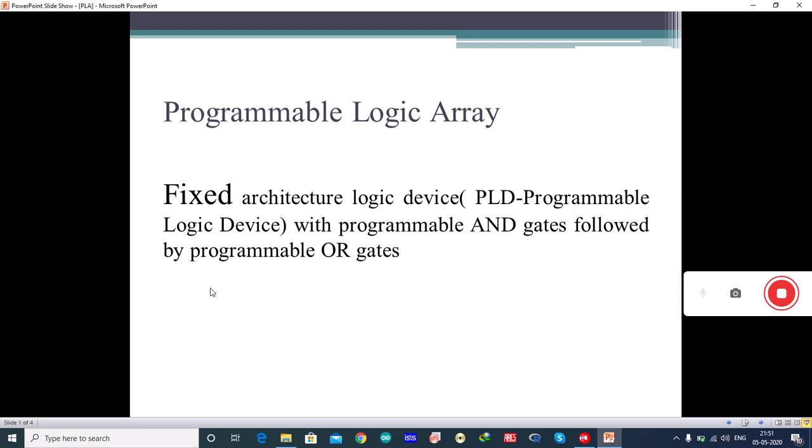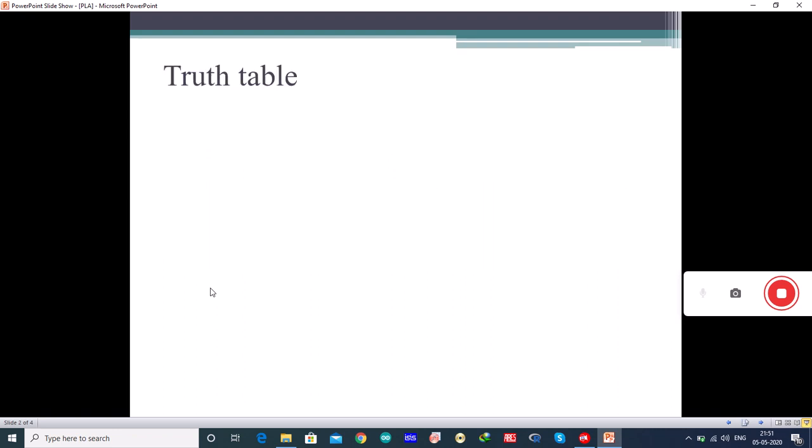To understand PLA, that is programmable logic array, and the design of this PLA in a better way, I'll teach you directly through an example. We know that the first step is to make the truth table and the second step is to write the equation for SOP, that is sum of products form, for Y1 and Y2, that is for the outputs. For any design, generally these are the steps we follow.